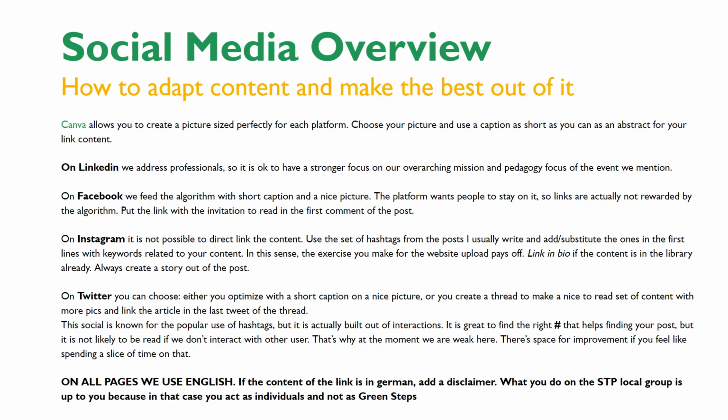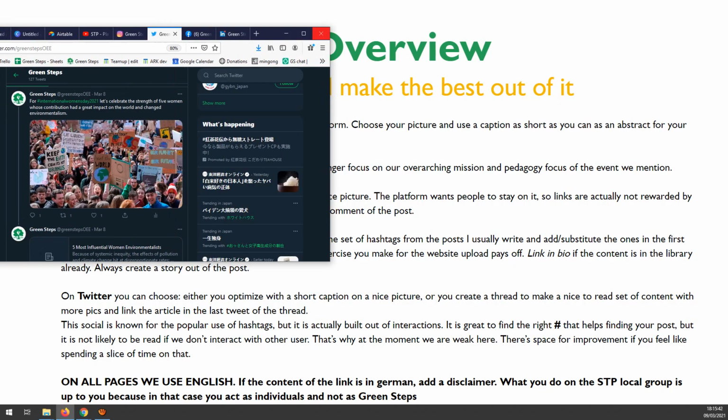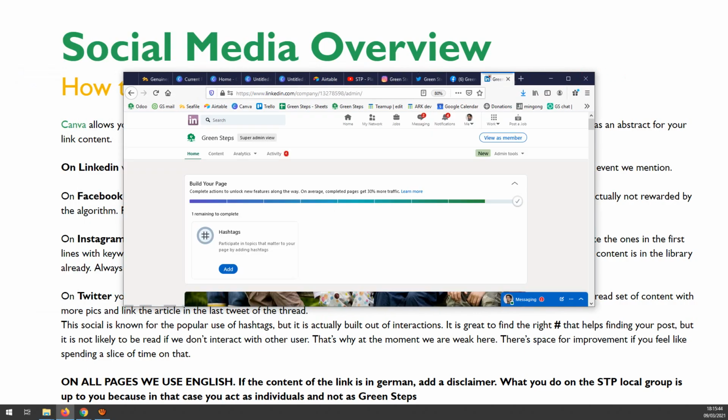The link in bio for the Green Steps account is the library link, so people can check the latest article from there. And Twitter, finally, it's something where we don't have many followers actually, but it leaves several possibilities. So now to go for a visual overview, as you can see in Green Steps,